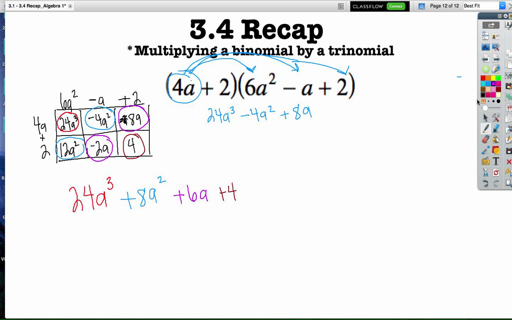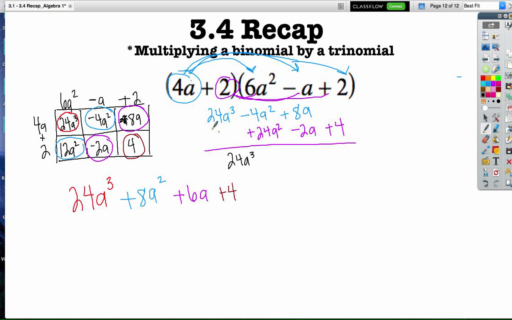And then we would have to come back and know that the 2 also has to be distributed to all three terms. And so that would give us a positive 24a squared minus 2a plus 4. And so here again, we'll do like terms. I've got 24a cubed, and then I've got,